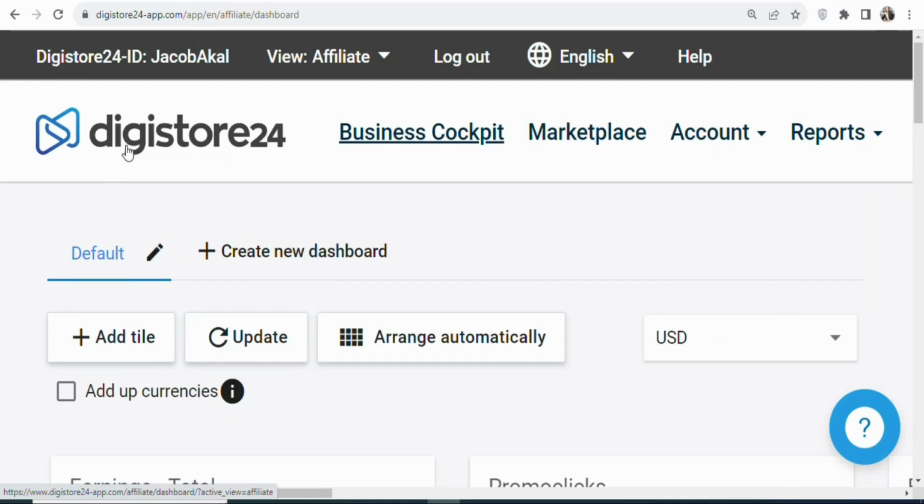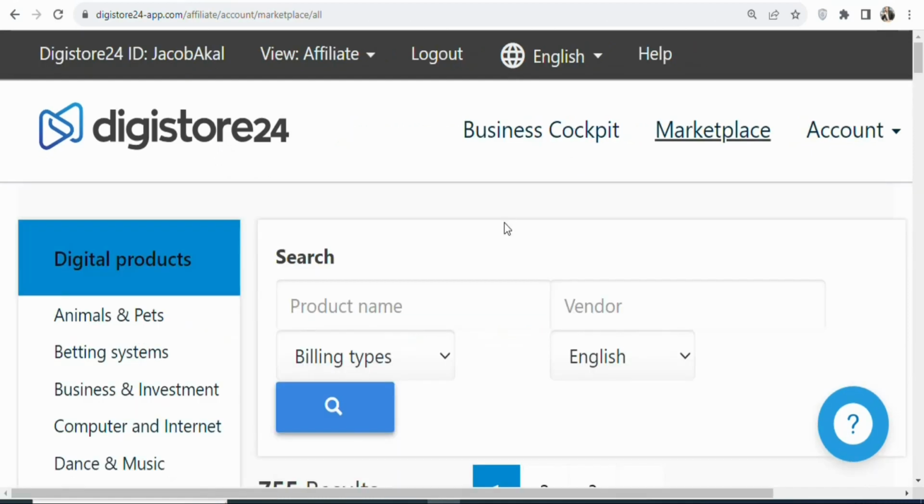The first step is that you have to create a Digistore24 account. It is free. You can join Digistore24 to find affiliate products that you can promote to earn money. So once you create your account and log in, what you have to do is click right here, Marketplace. Once you click on it, you are going to find categories of digital products that you can promote. You can see right here, these are categories of digital products that you can promote to earn money